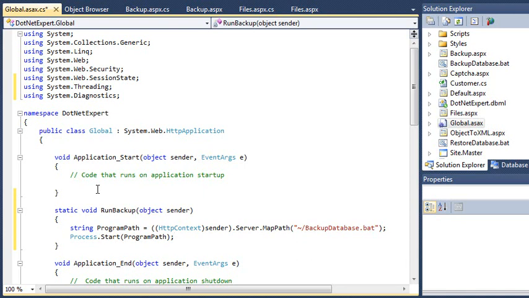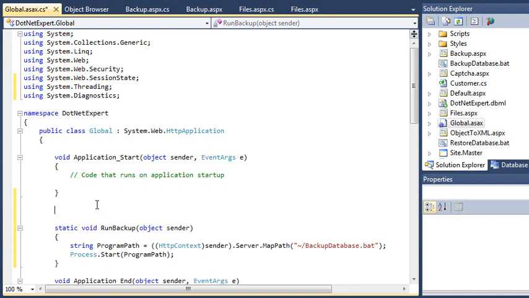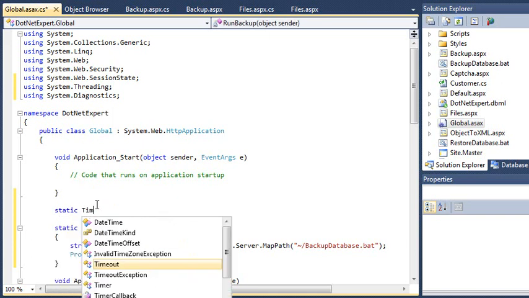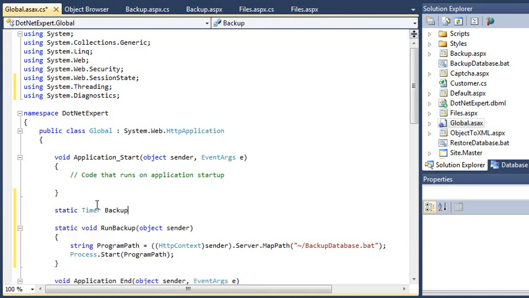Next, you'll need to add a new static timer object. Add the following code outside any event handlers: static Timer backupTimer. And finally, you'll need to add some code to start the timer. Add the following code to the application start event handler: